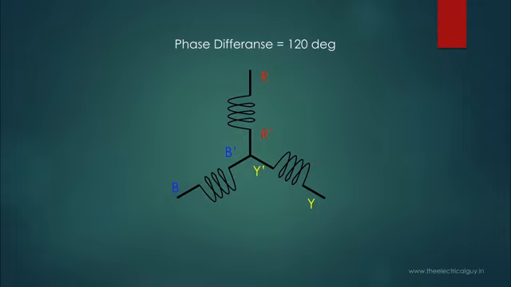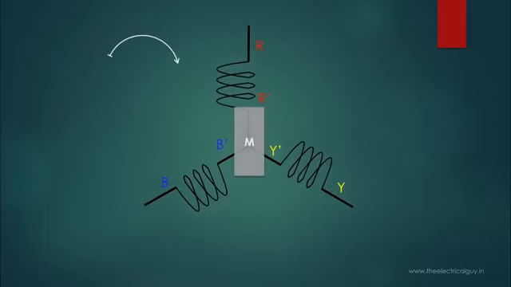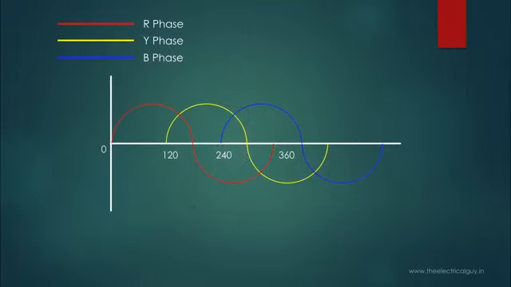Let's say the magnet is rotating in clockwise direction. That means winding Y will reach its peak value first after winding R, and then winding B will have its peak. As you might have guessed correctly, winding Y reached its peak value after the magnet has rotated 120 degrees from its initial position. Similarly, when the magnet rotates 240 degrees from its initial position, winding B will reach